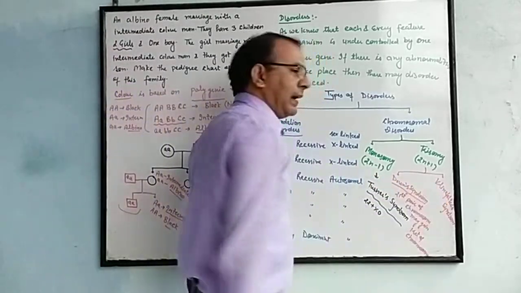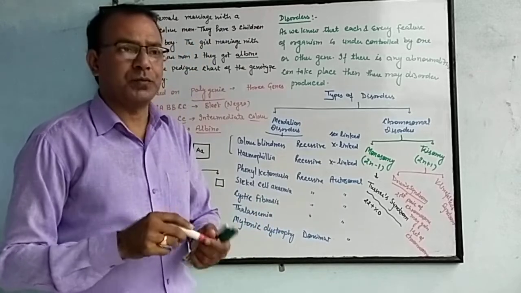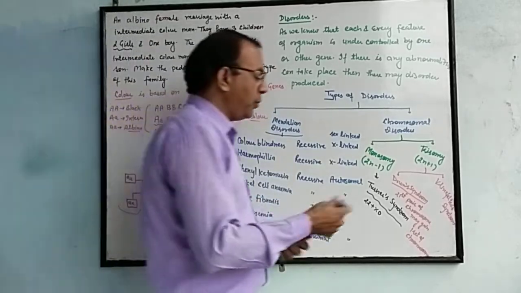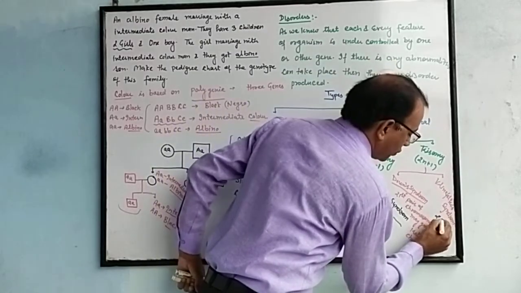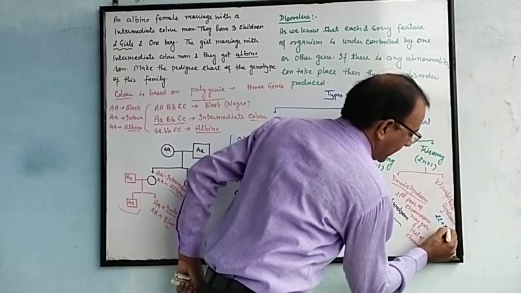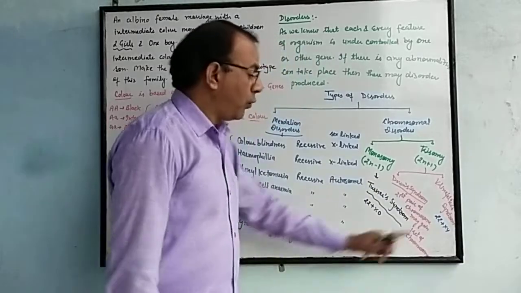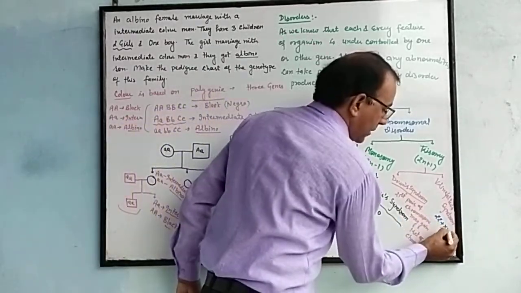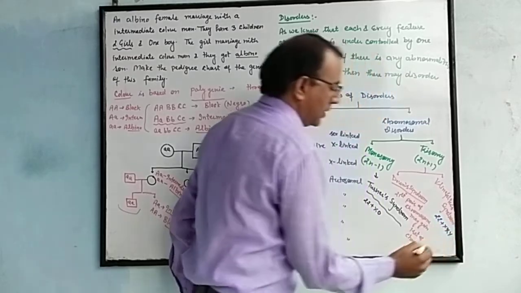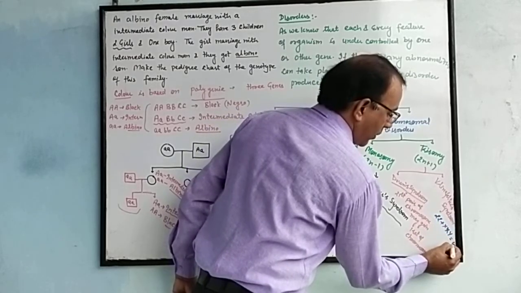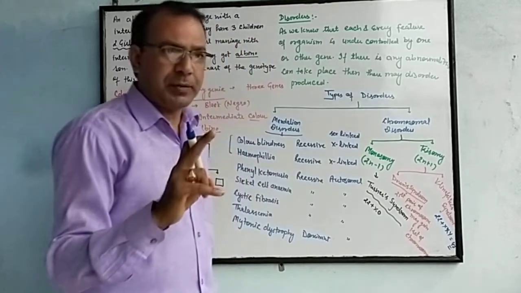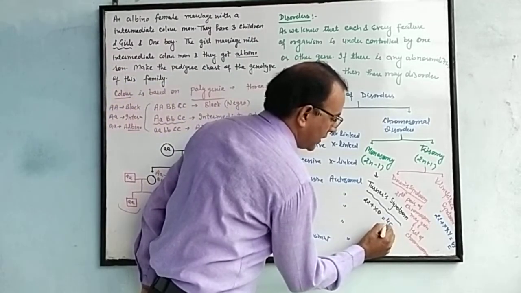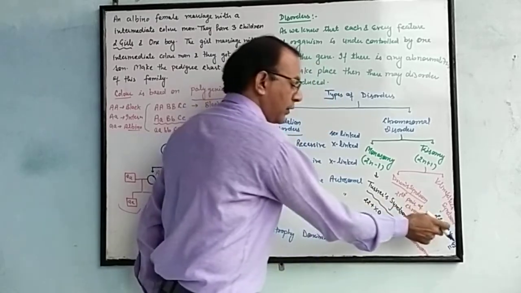And the next one is Klinefelter's syndrome. Just as in male, there are 23 pairs of chromosome, of which 22 pairs are autosomes, and male contains XY. But if one set of chromosome is added, then the male becomes XXY. It contains 47 chromosomes. 23 pairs means 46, and here it is 47.